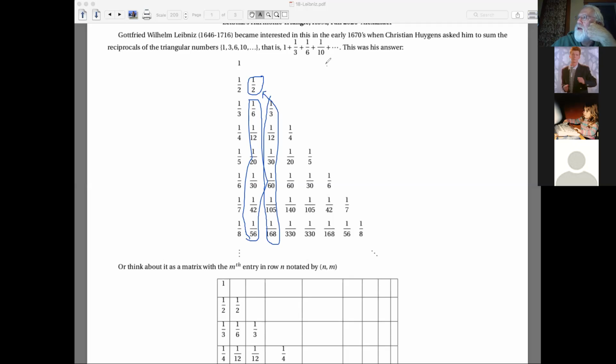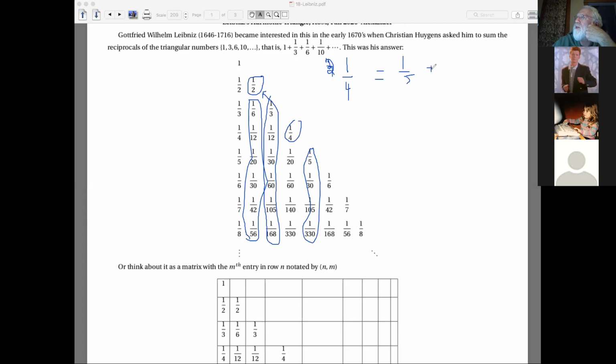Okay, and I'm going to give you another one. Would you agree that 2 times 1/4 is equal to 1/2? Yes. Okay, so here's 1/4, and this is a series that equals 1/4, right? So let's get rid of that 2 for a second. So I get 1/4 equals 1/5